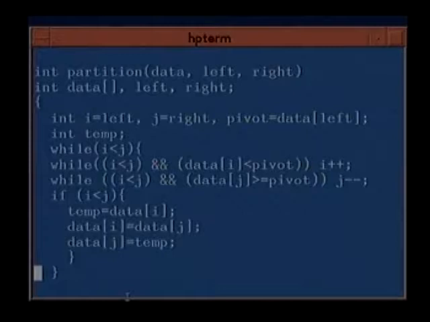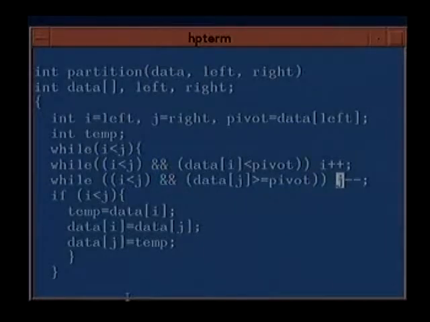This is the partitioning routine, which takes in an array data, an index left and an index right. It initializes the i, which we called S, to left, j to right, and the pivot element on the basis of which it will be done is data[left]. And it will go on doing this while i is less than or equal to j. And as long as i is less than j and data[i] is less than pivot, here we have done sorting in the other way, it will increment i. And for j, what will it do? As long as data[j] is greater than or equal to pivot, it will decrement j.